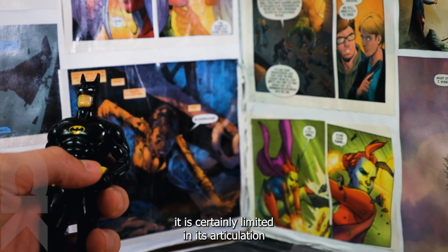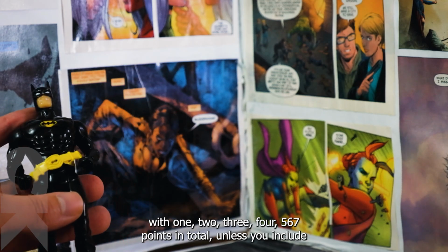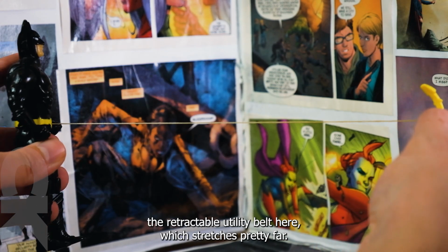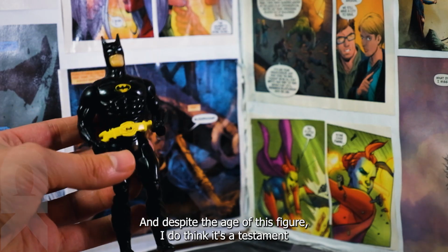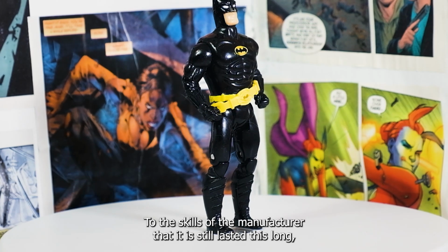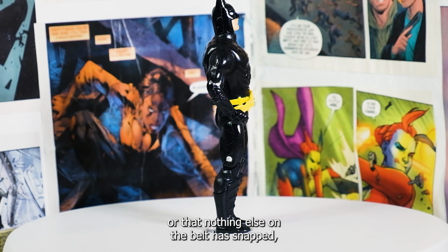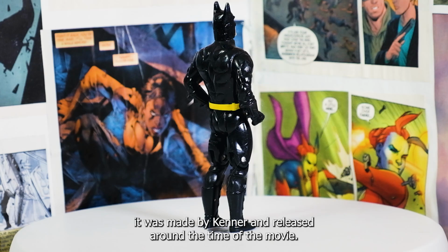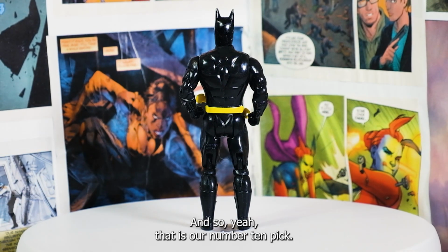It is certainly limited in its articulation with 1, 2, 3, 4, 5, 6, 7 points in total, unless you include the retractable utility belt here, which stretches pretty far. And despite the age of this figure, I do think it's a testament to the skills of the manufacturer that it has still lasted this long, and the fact that that string hasn't snapped yet, or that nothing else on the belt has snapped, I do think is wonderful. It was made by Kenner and released around the time of the movie,